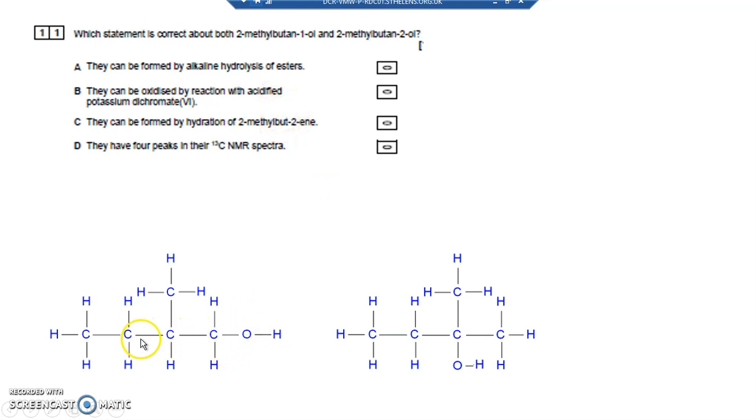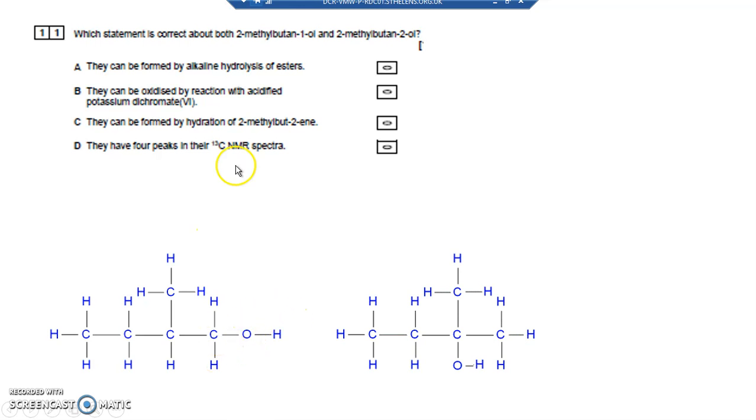So if the double bond were here in methylbutene, the OH could go onto carbon number 2, or it could go onto carbon number 3 when you hydrate it with an H and an OH, so that if there's a double bond there, the H could go on here and the OH here, or the H here and the OH here, but at no point would the OH appear